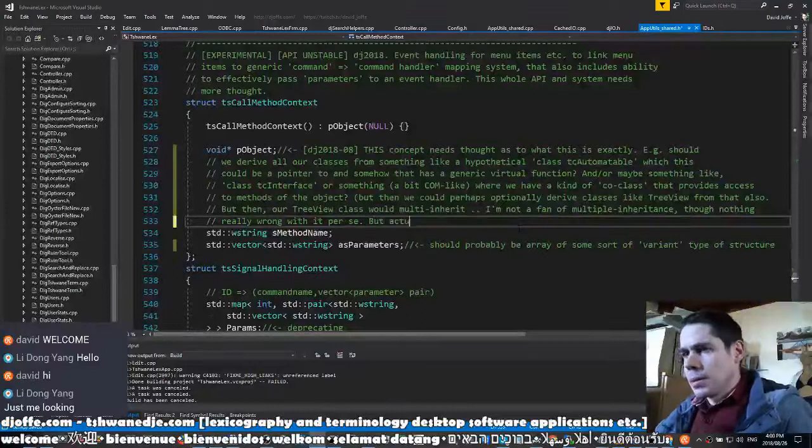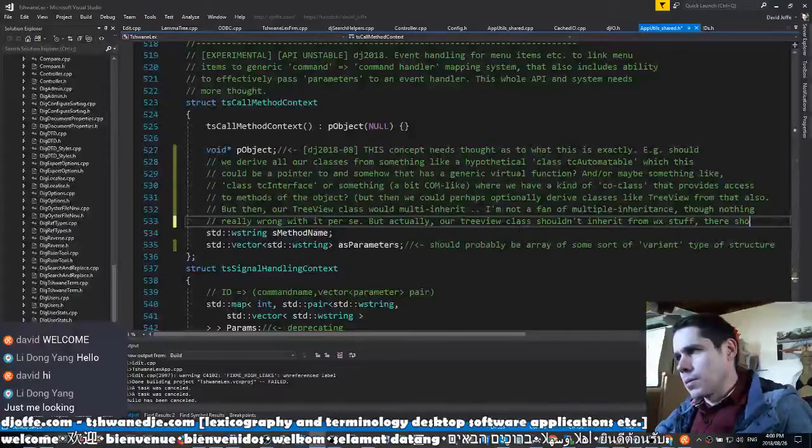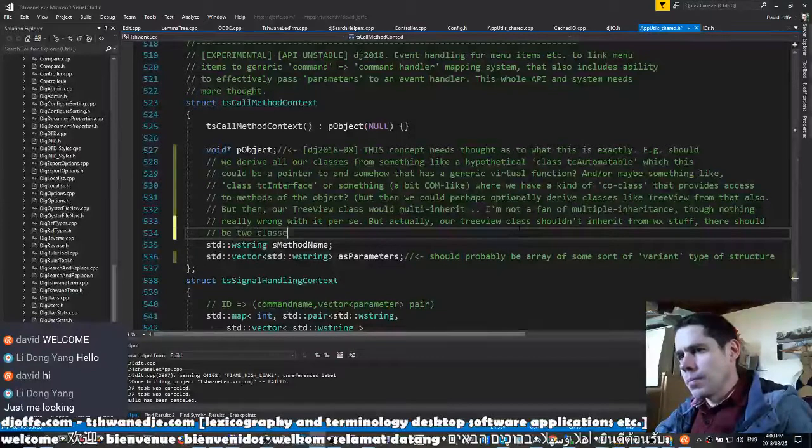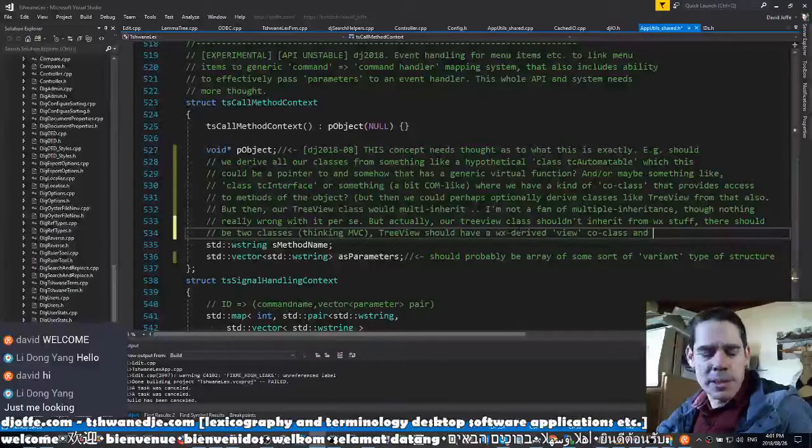But using model view controller, and code class. That's just, I just made that up now. It's not a real thing. Anyway, that tree could have